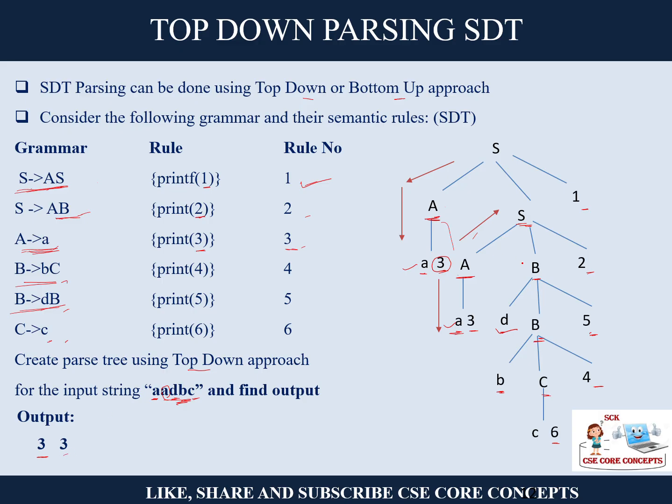Now again go back here to B, because we have not explored B. So on B, we come to this D side. But here there is no specific rule that can be applied. Rule number 5 cannot be applied on only D, because we have to use it on DB collectively. Since we are here on D, we have not yet traversed capital B, so I cannot apply that. Understood?